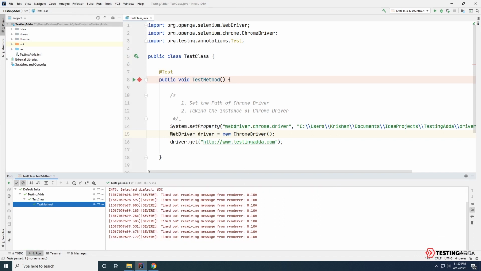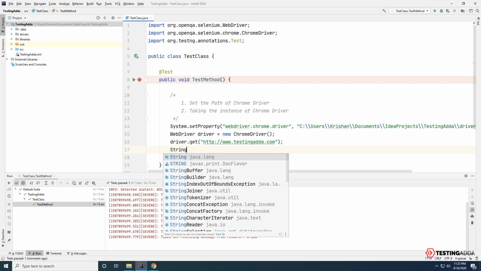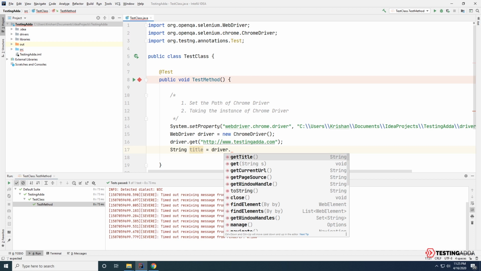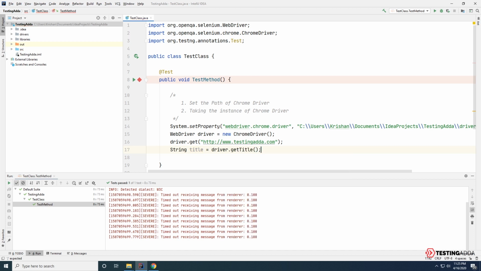Now we'll try a few quick things. We'll try to get the title of this website. I'll go ahead, String title is equals to driver. Driver has its own method to get the title, so driver.getTitle, it will provide me the title in the title variable.